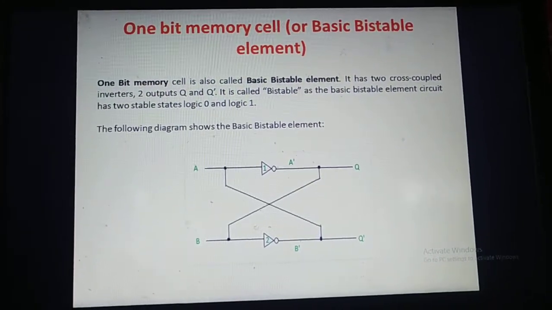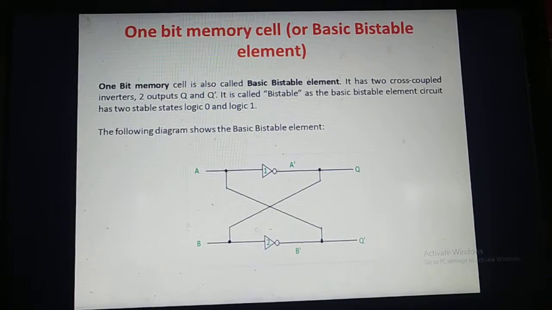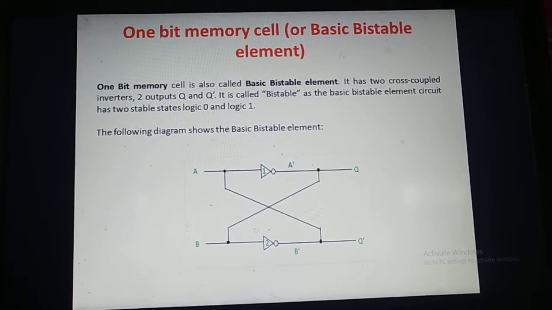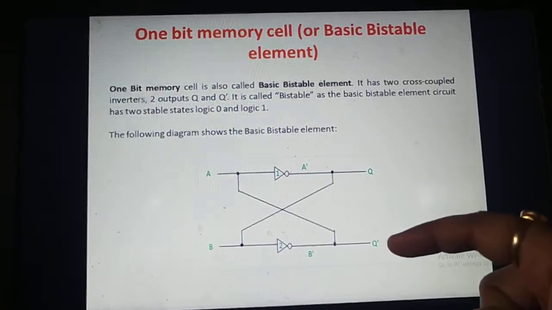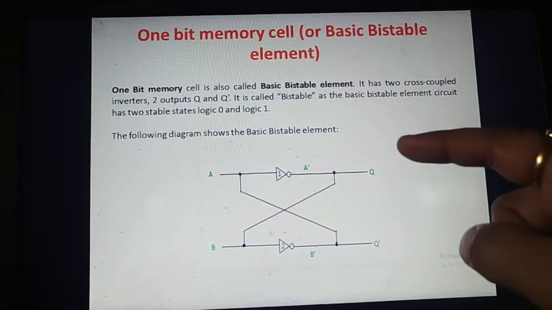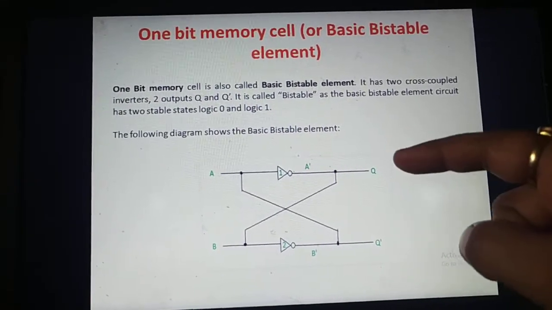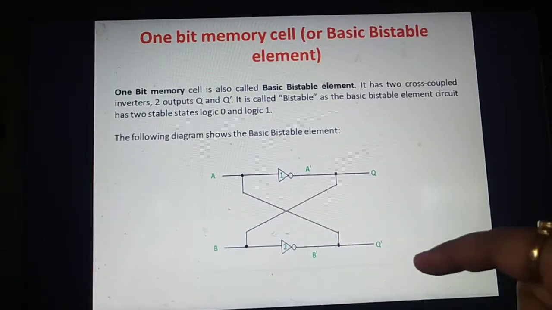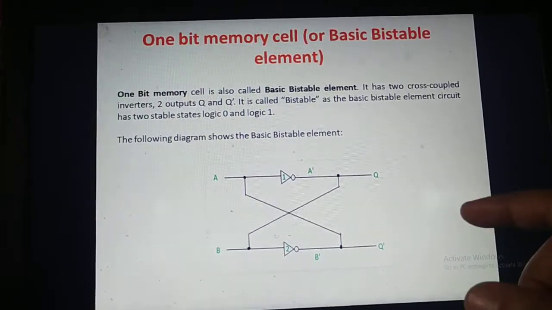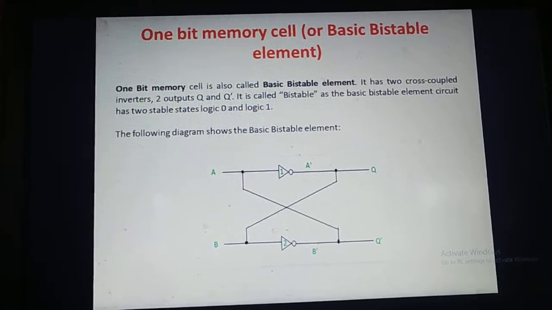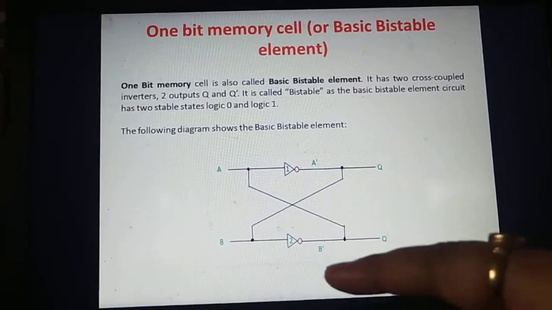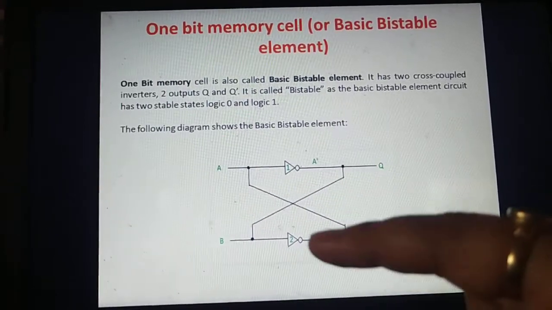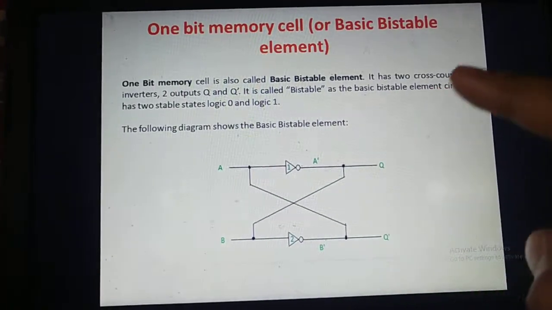Here you can see the block diagram of the 1-bit memory cell. As you can see here, it has two states, that is Q and Q bar. Because of these states, either it is a 1 or 0, it is called a basic bistable element. It has two inverters, 1 and 2. These inverters are connected in a cross coupled